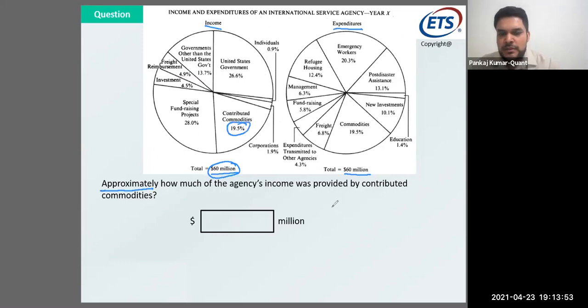So 19.5% of 60 million is contributed by this section. Now, Vamesh calculated it is coming 11.7. So the question is, should I write 11.7? Now, if you relate this and think of a situation like what I'm saying,